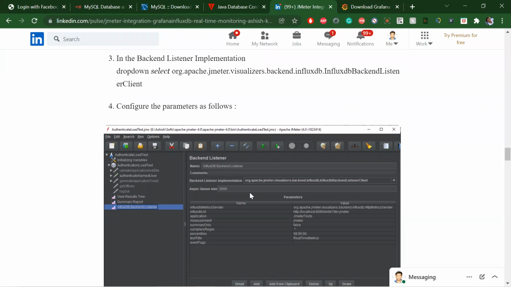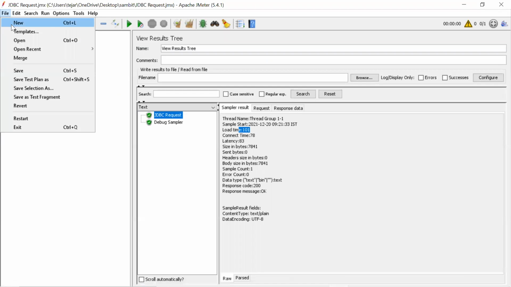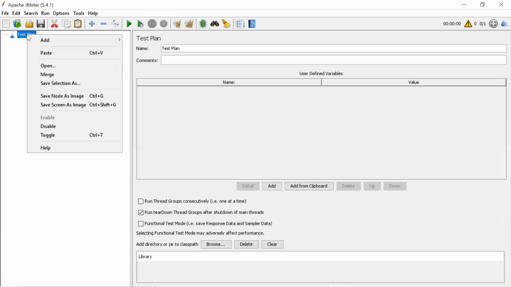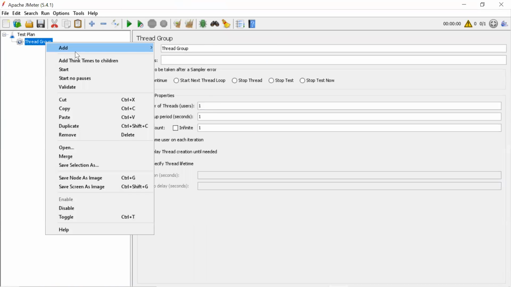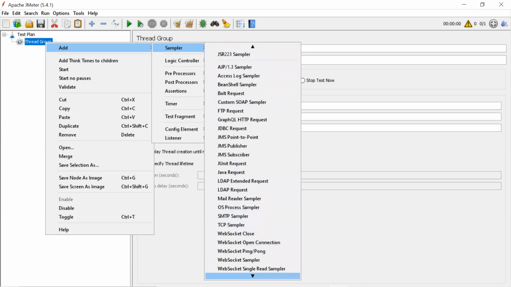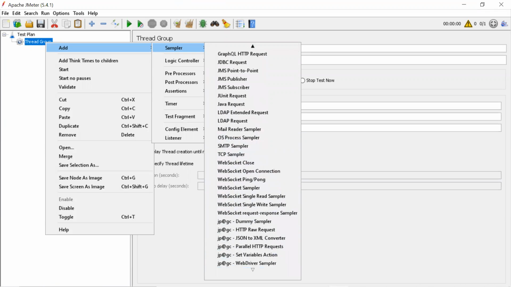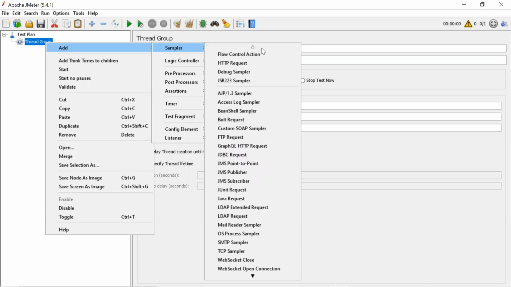It's simple. Let's open it, at least from this side. Even though we don't have a setup, we try to create: add thread group, add sampler. You have to use a backend listener. The backend listener will help us connect to any database.